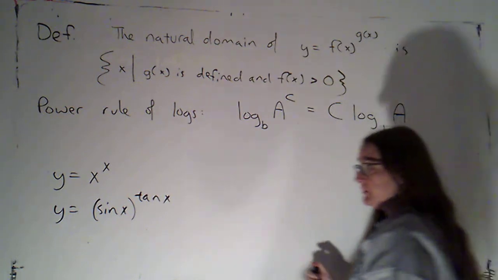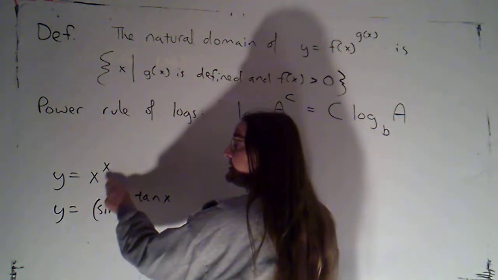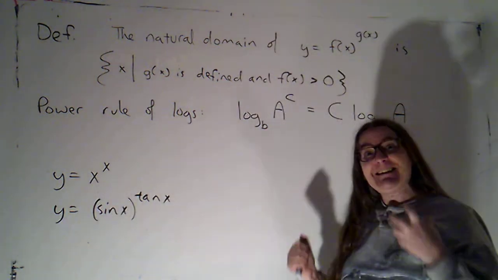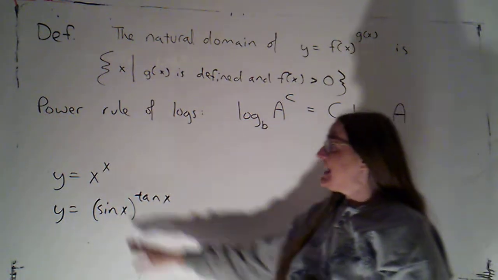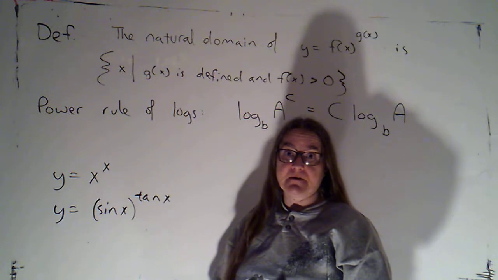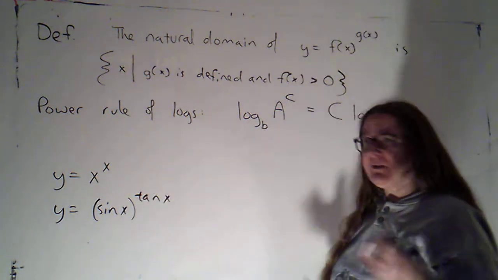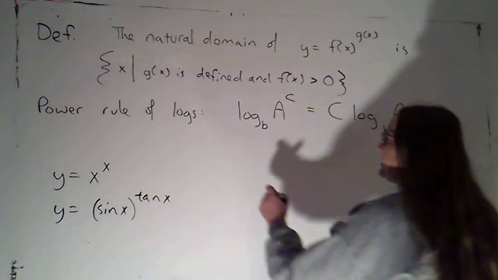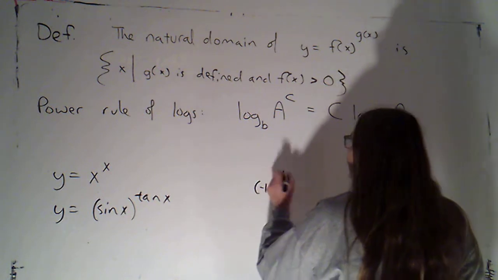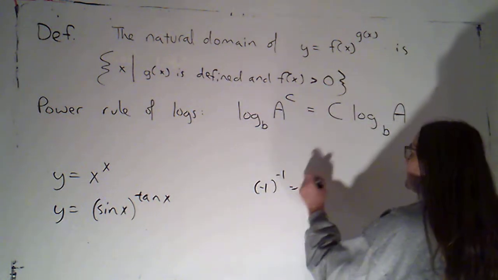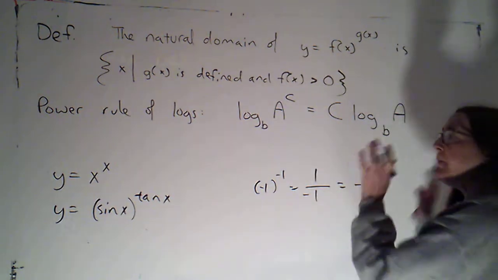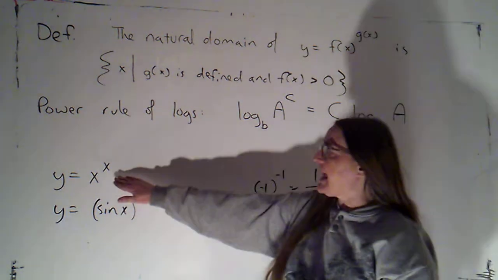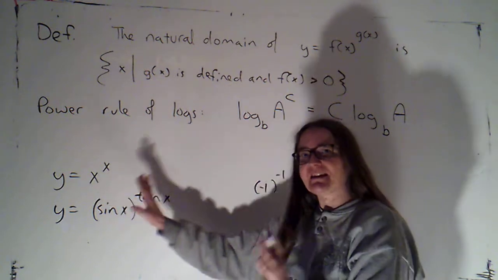So for example, with this function, the natural domain is not the set of all numbers for which that expression is defined, it's the set of all positive numbers. Now, this would be defined if, for example, I had negative 1. I can take negative 1 to the negative 1. That's just the reciprocal of negative 1. That would be negative 1. But that's not what I get when I plug negative 1 into this function,